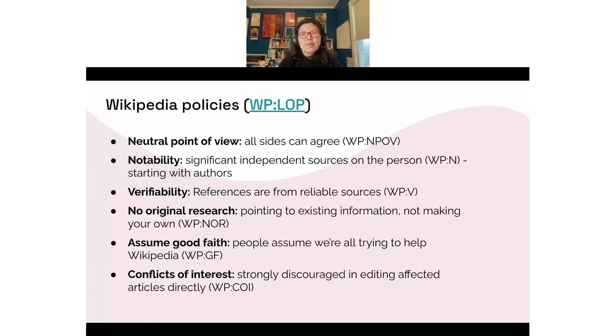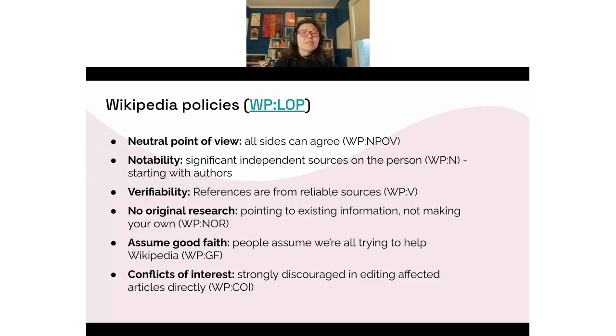That's why we're starting with authors today. And then verifiability is very important to Wikipedia. They want to make sure references for the statements and information provided come from a reliable source. Reliable sources are publications, book publishers, articles from reliable papers, that type of thing.